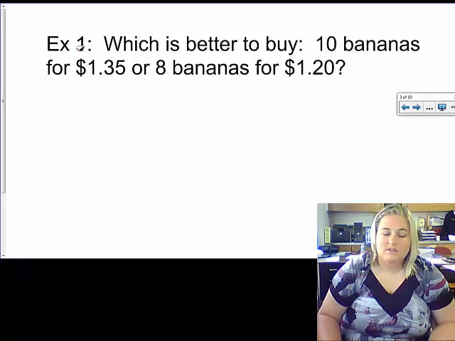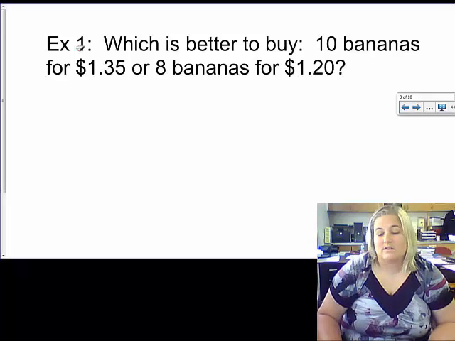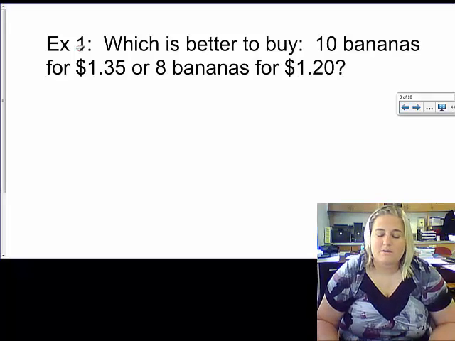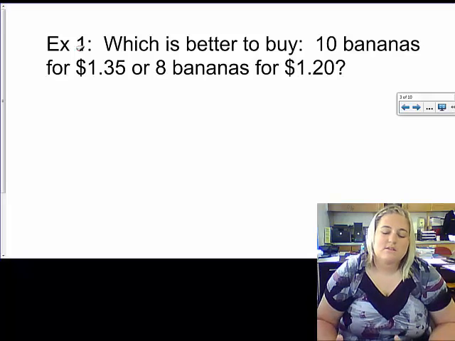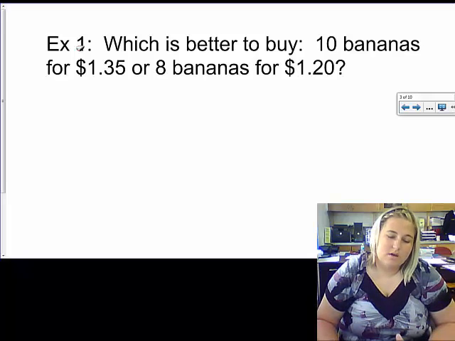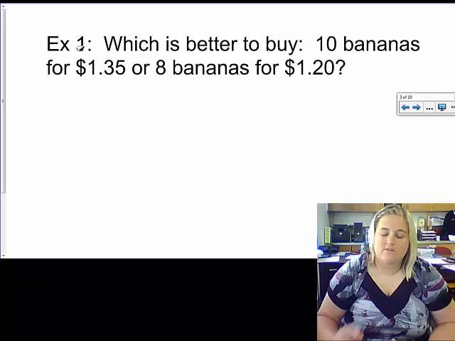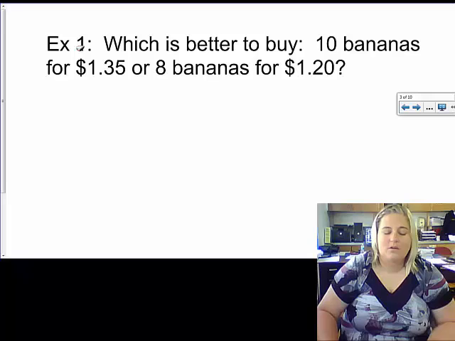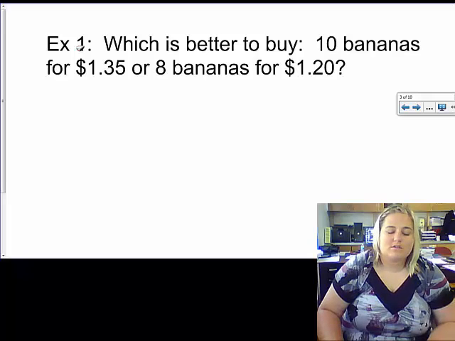So it says, which is a better buy? 10 bananas for $1.35 or 8 bananas for $1.20. So what you need to figure out is, it's hard to do it just by looking at it, because 10 bananas is more, but so is $1.35. So we have to know how much we're paying per banana. That's what I want to know. So I want to know dollars